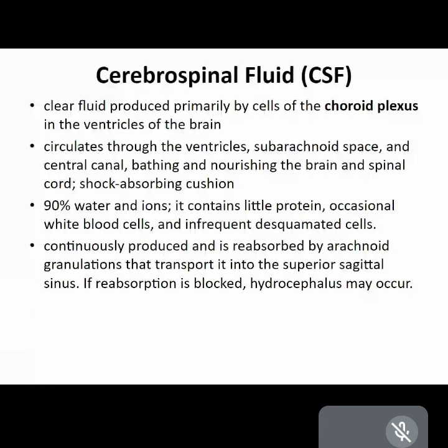to the patient. So again, to continue, they are produced and reabsorbed by the arachnoid granulations that transport it into the superior sagittal sinus. If the reabsorption is blocked, that's why there is hydrocephalus. So there is overproduction of CSF, and then there is no reabsorption, or the reabsorption is blocked. If a child has hydrocephalus, they put a shunt in the brain to drain the excess CSF,